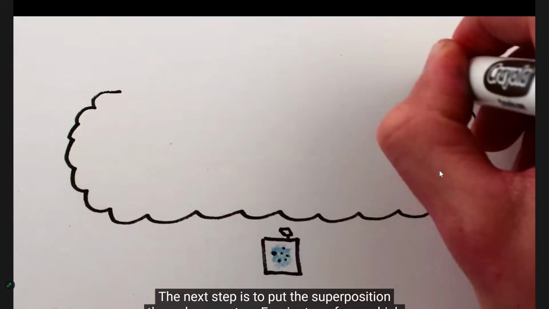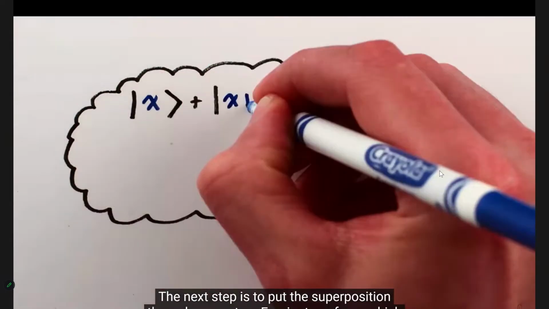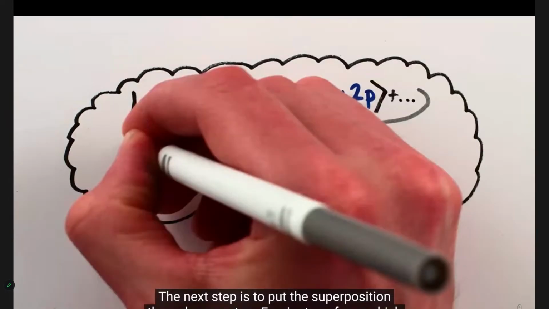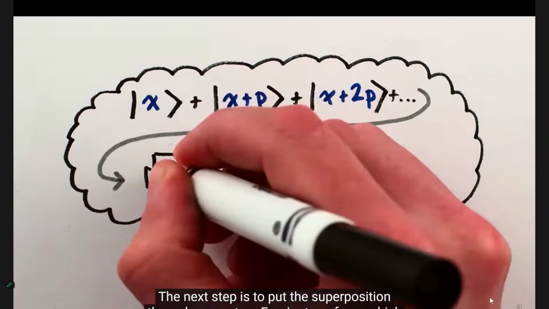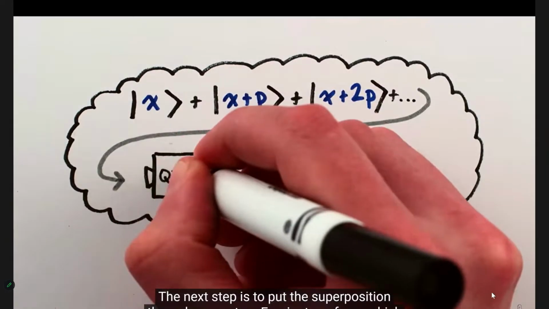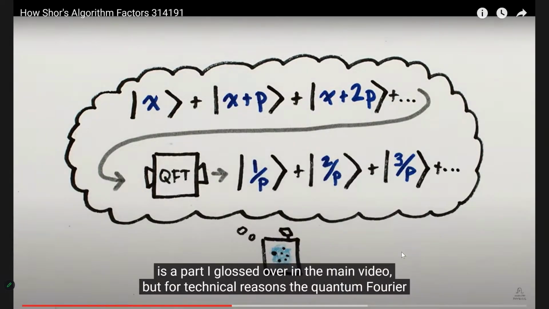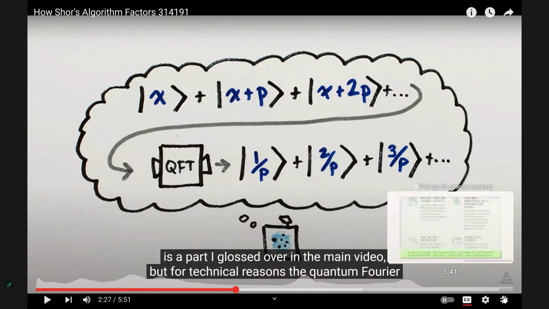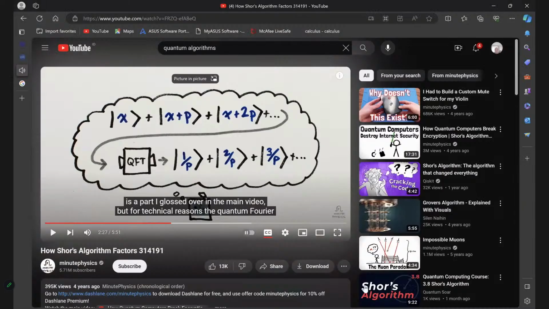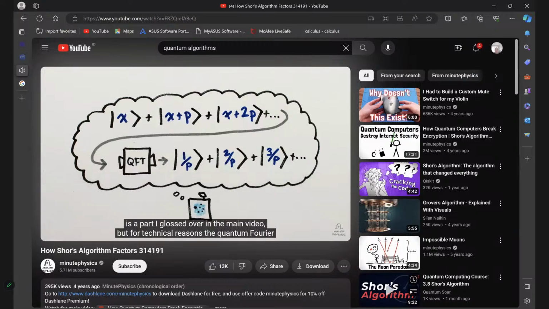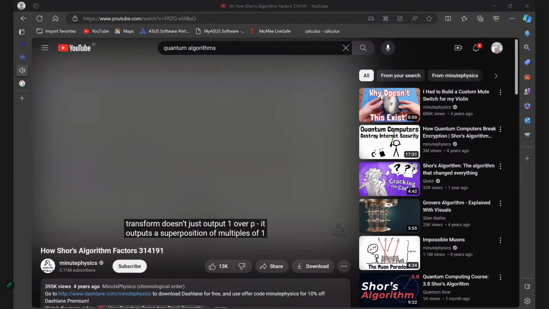Let's see. Result in this transition of one of our people. We glossed over in the main video. Make more distance the quantum Fourier transform doesn't multiples of one over. Anyway, again,